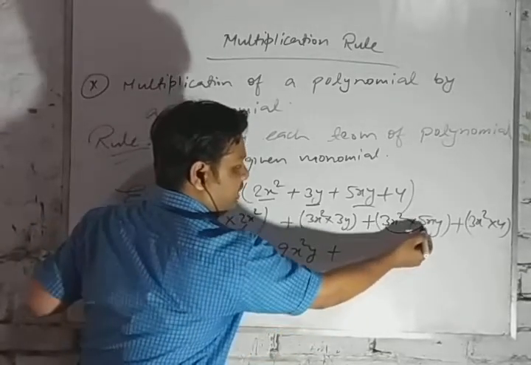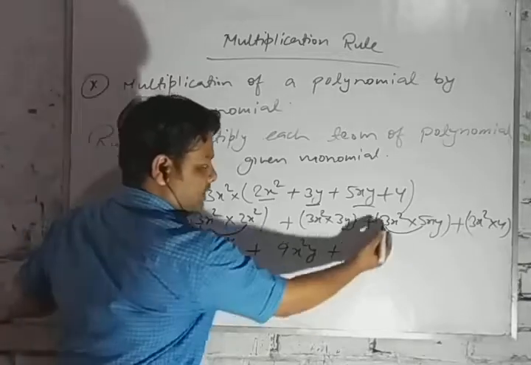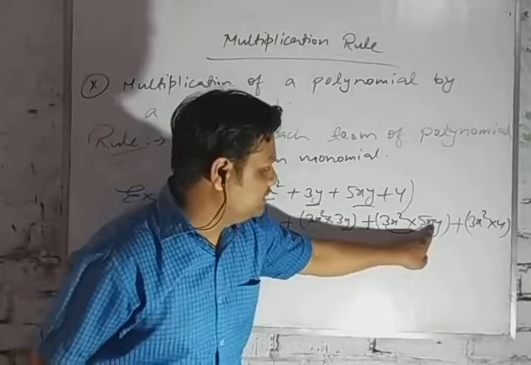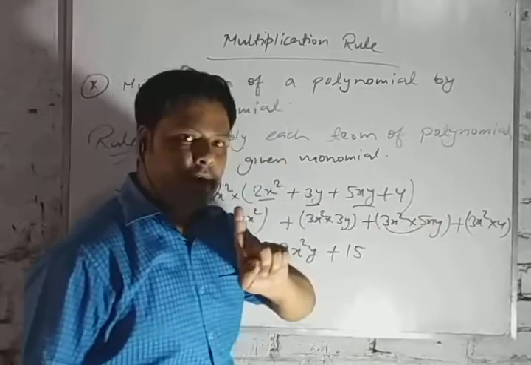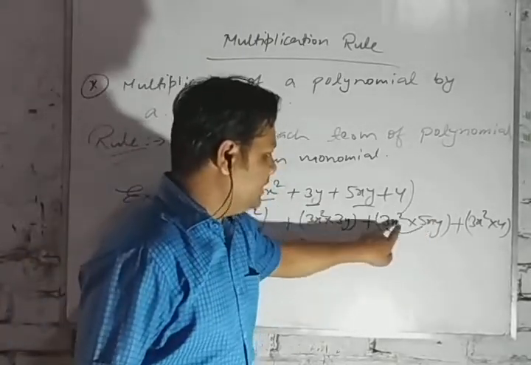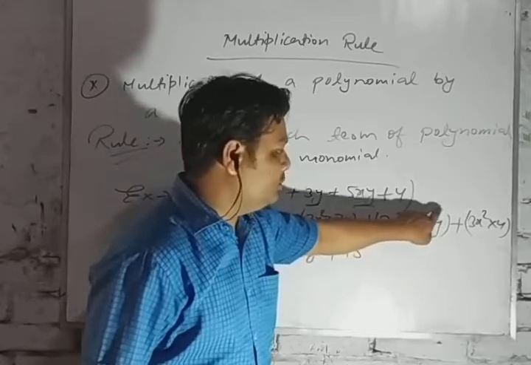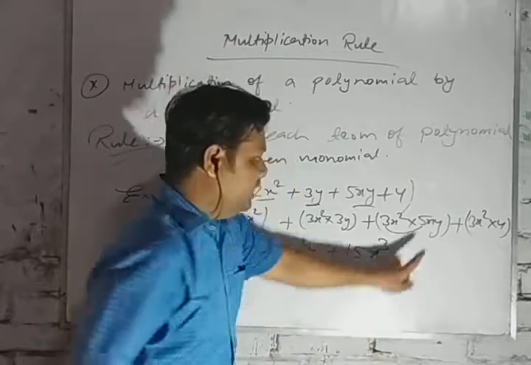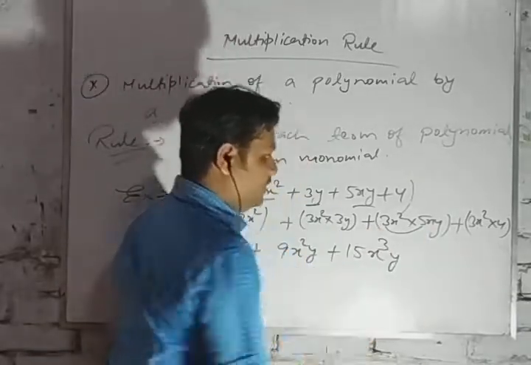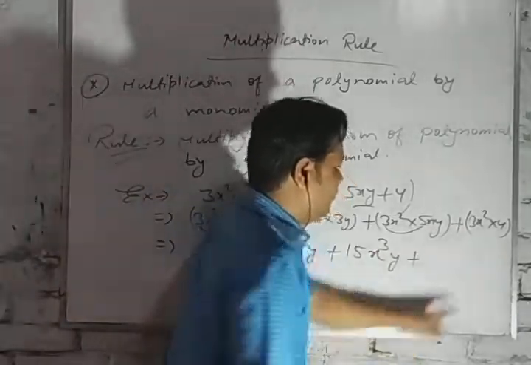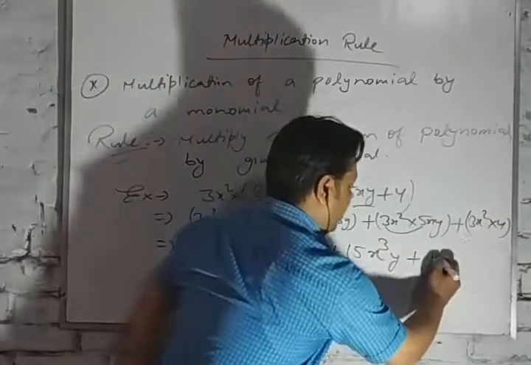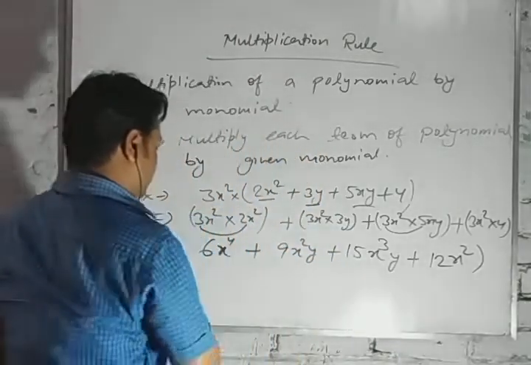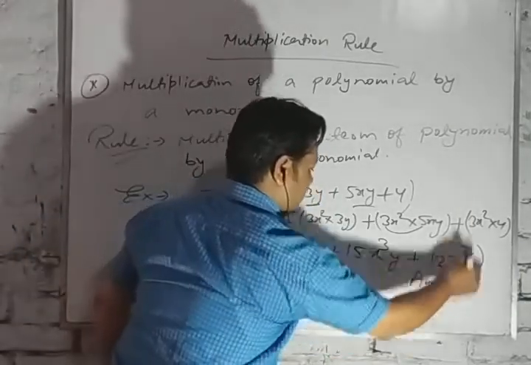Okay. Now plus here 3x square plus 5xy. At first we have to multiply the constant term, then 3 5s are 15, and x square, and here only 1x, that is it has power 1. So x to the power 2 and x to the power 1, that is x to the power 3, and only y we will write here. Now plus 4 it is. So 3 4s are 12, and it has no variable, so we will directly write x square. So this will be our answer.